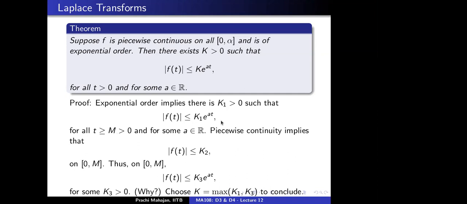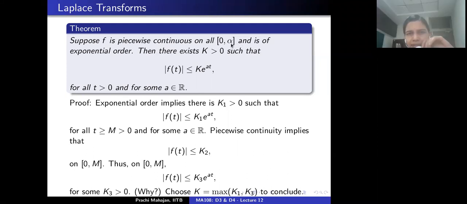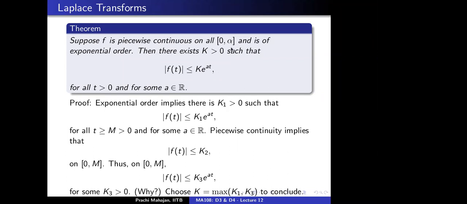Okay, ma'am, got it. But in this, we are assuming that alpha, which is given in the above observation, is greater than m, little alpha is greater than m, which is not necessary, right?